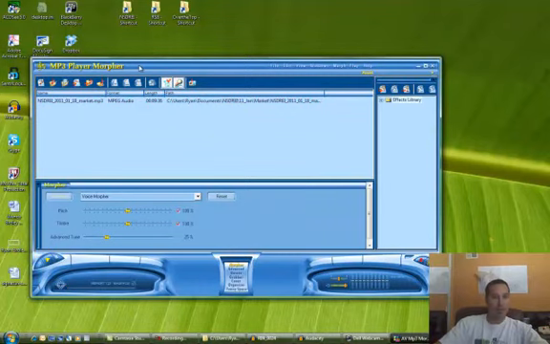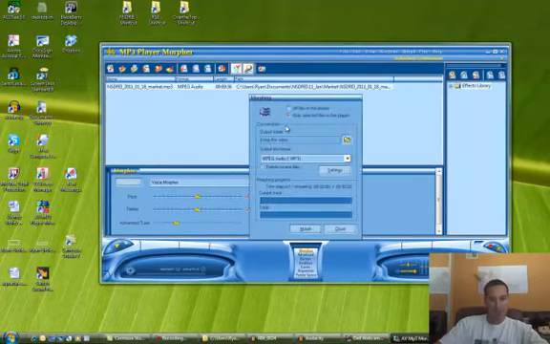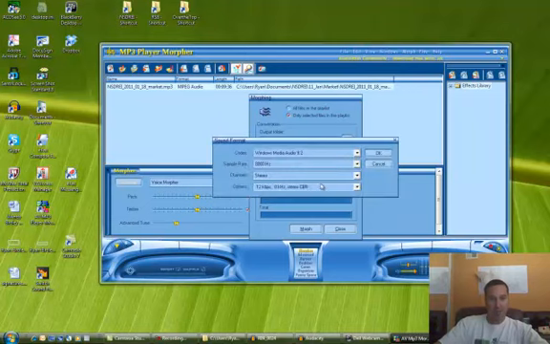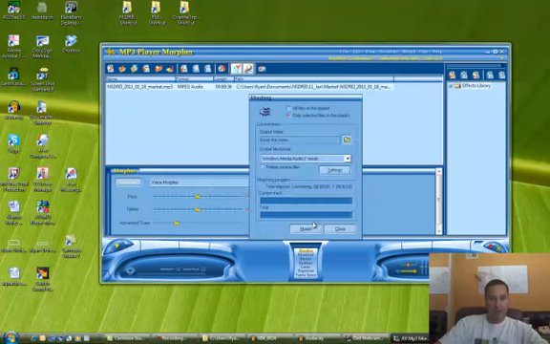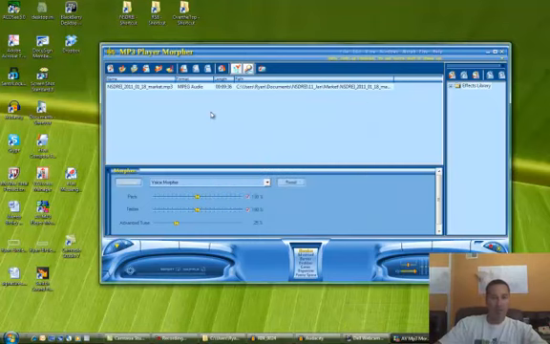So in here, in the MP3 player Morpher, highlight the file, right click, and then hit Morph. We're not going to do an MP3 or an MPEG. We're going to do Windows Media File, and the settings are just default, and then hit Morph, and I'm just going to cancel because I've already got the file there, but you wouldn't have the file name. It's going to name it the same, and it'll go through and it'll morph, and it'll say file completed,